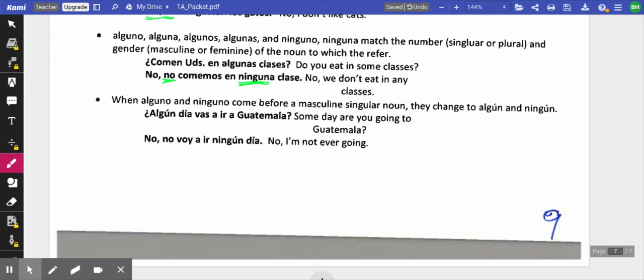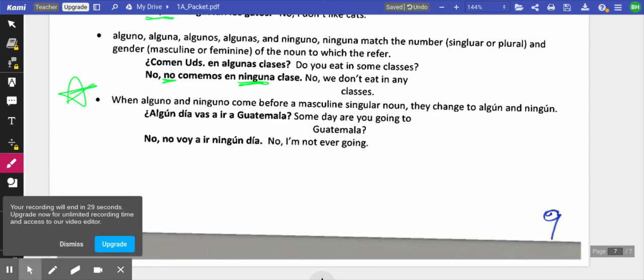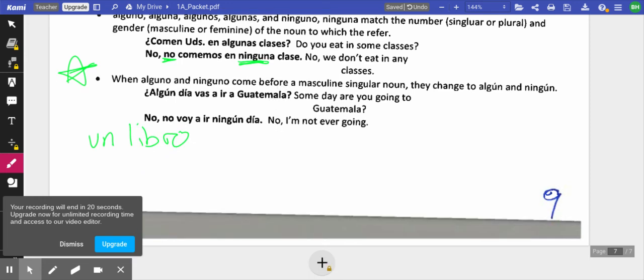Okay. Now this right here, we're going to put a star next to it and talk about it really quickly. You guys know that when we have, right, it's like I have a book, un libro, or now I'm drawing a blank, una clase, right? They both come from the same thing, which is uno. But when it's in front of a singular masculine noun, we drop the O. It's the same thing with alguno and ninguno. When it becomes before a singular noun, we drop